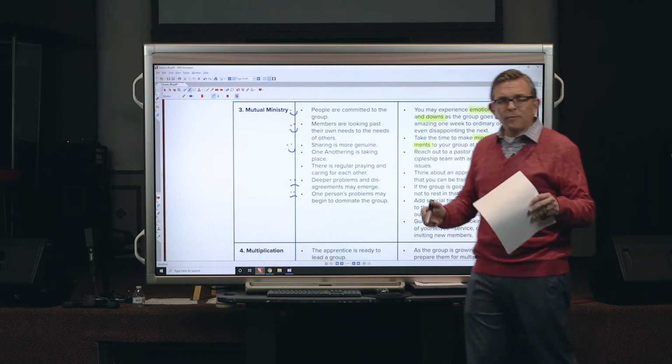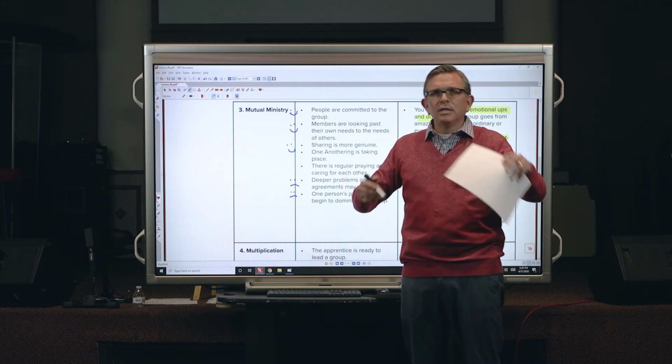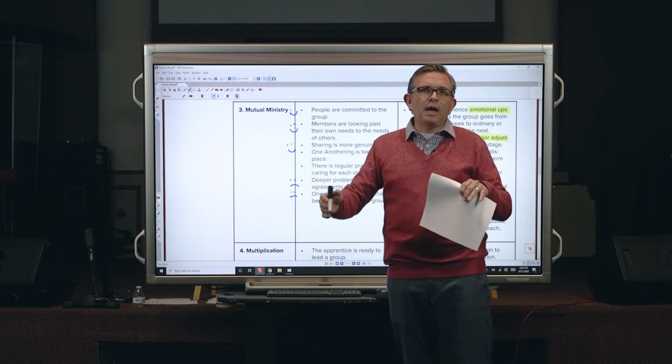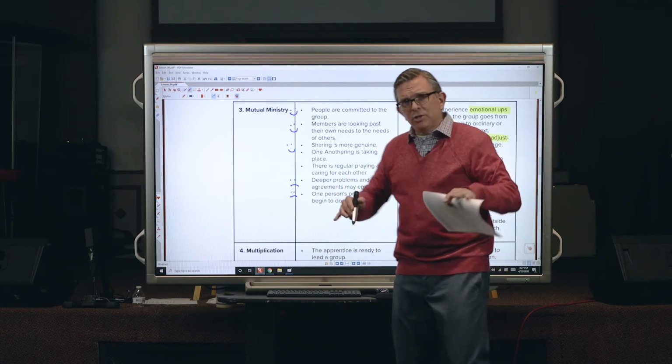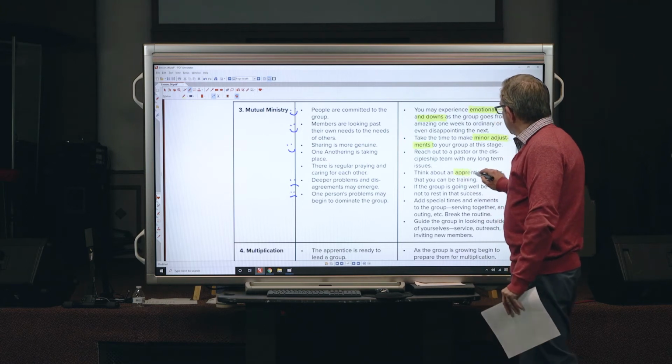What can we do differently? What can we try? Can we try something new or different to kind of liven things up? And a big part of that might be having other people help take leadership roles within the group. So an apprentice leader,